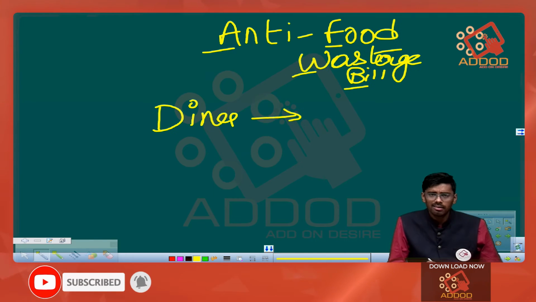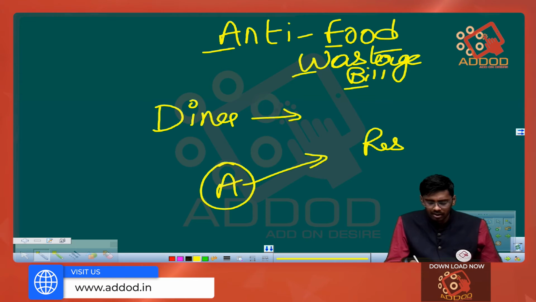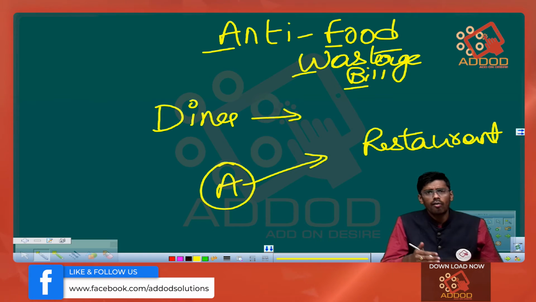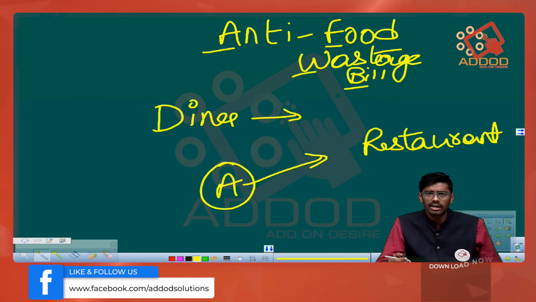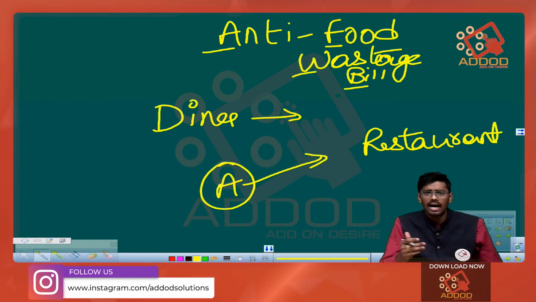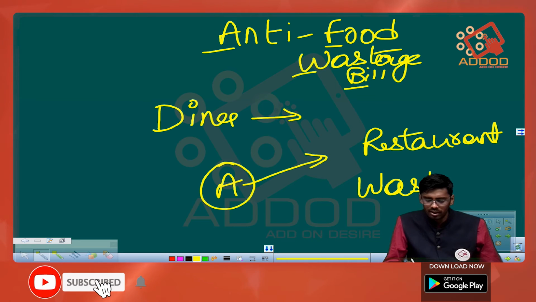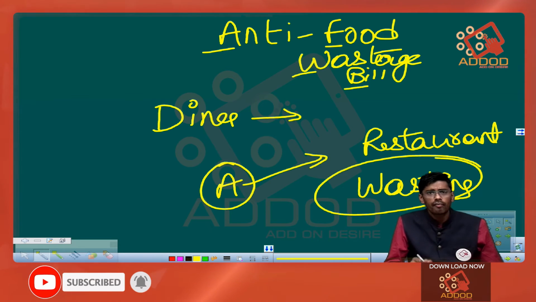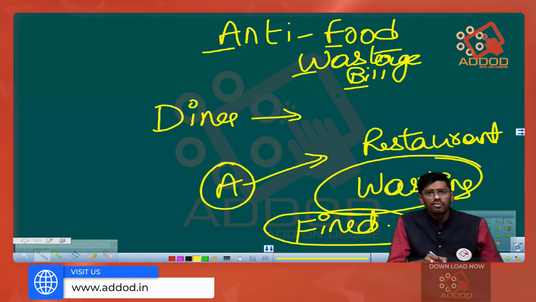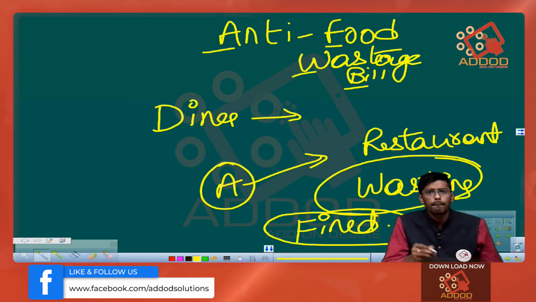Let's say there is person A. Person A has gone to a restaurant and ordered 2 plates of food, and after eating 1 plate or 1.5 plates, he leaves the rest. So the other part will be wastage. As he is wasting food, he would be fined. This is the feature of this bill. If a diner is wasting some food, then some penalty would be